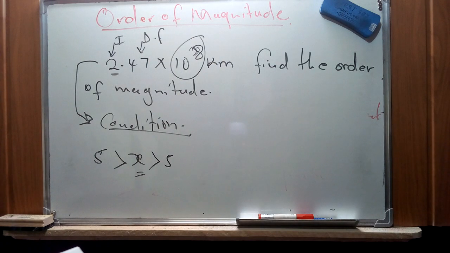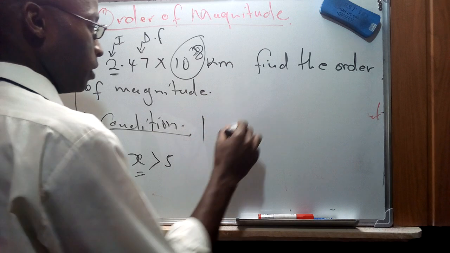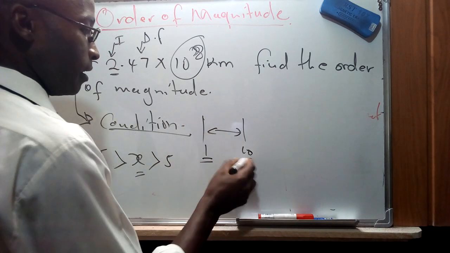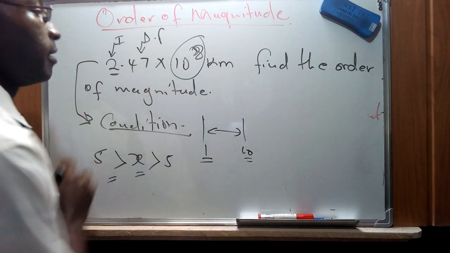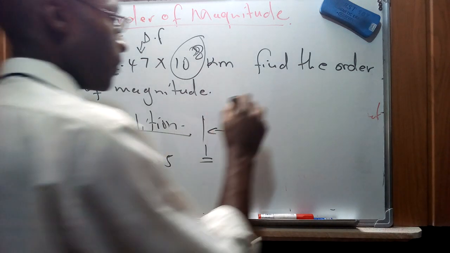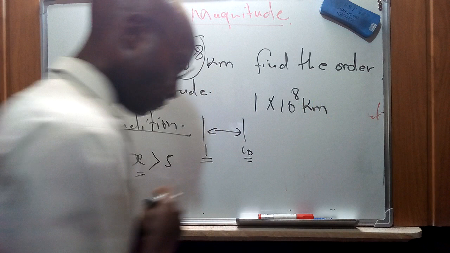Looking at the range between 1 and 10, the number is closer to 1 than 10. So for numbers less than 5 and closer to 1, we maintain this order of magnitude, and therefore this can be expressed as 1 times 10 raised to power 8 kilometers